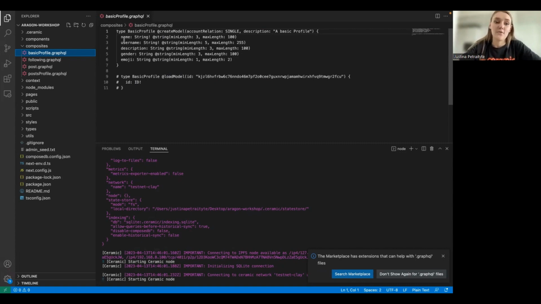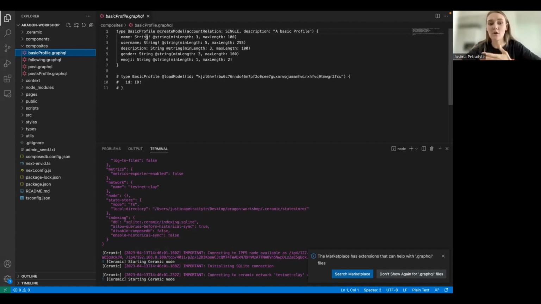And then you can define the fields for your data model. For example, we have name, username, description, gender, emoji, and you can use GraphQL scalars and directives to define what kind of type the specific field is.